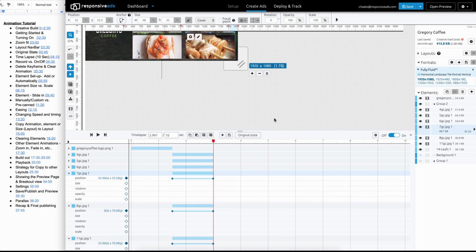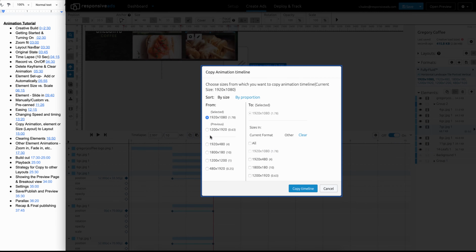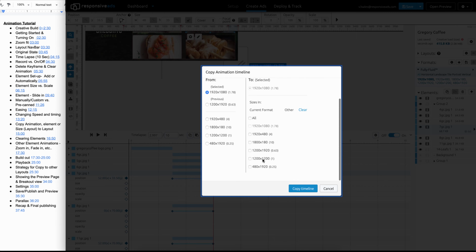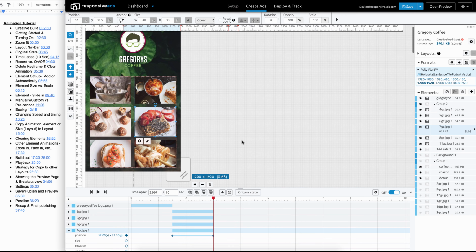So if I click on this one and go copy layout, I could actually go to that one and this one and copy timeline. So now if I go to this layout like this, let's just see how this looks and works. So you basically can copy to each different layout as such. So if I push this back